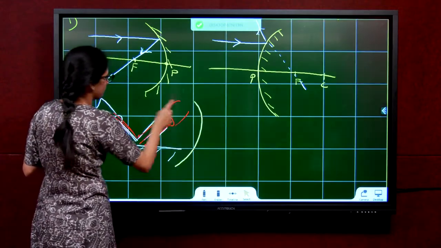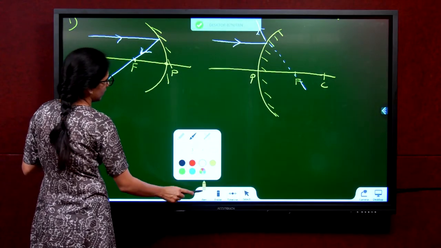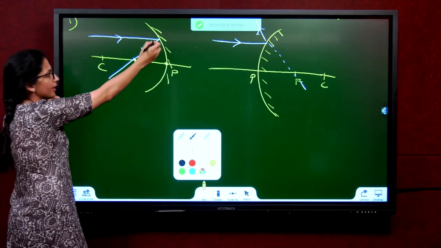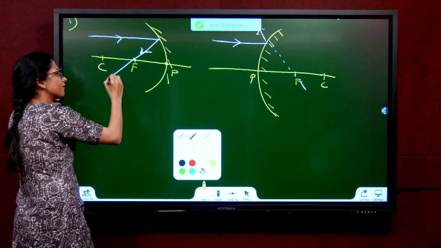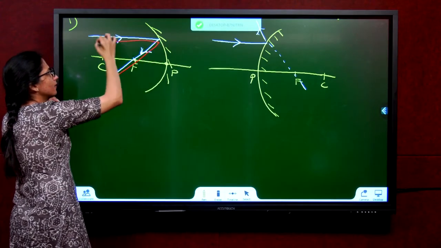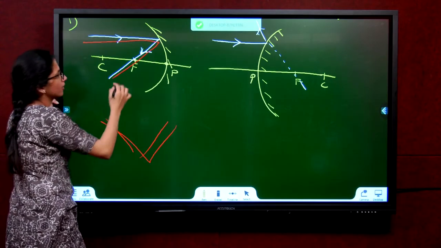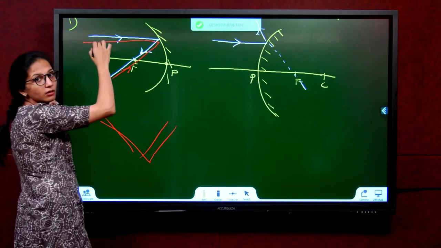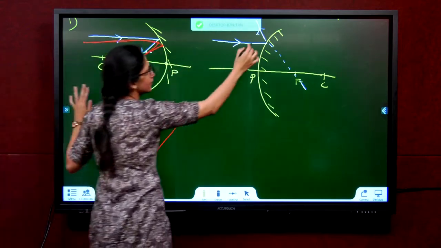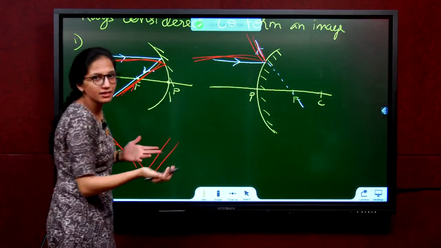That means light has a property to travel back its own path. So using this property of light, let's understand one small thing here. If parallel rays come, they pass through the focus. So now tell me, if I make a ray pass through the focus, will it come out parallel? Yes, same logic. It came here, it came here. Now if I put it here, it will come back here. So if I pass it through the focus, it will come out parallel. Don't draw what I have written in red. This is just for your understanding. What I put here will come here. Same thing with this. If I put this ray here, it will come back here because of the retraceability property of light.